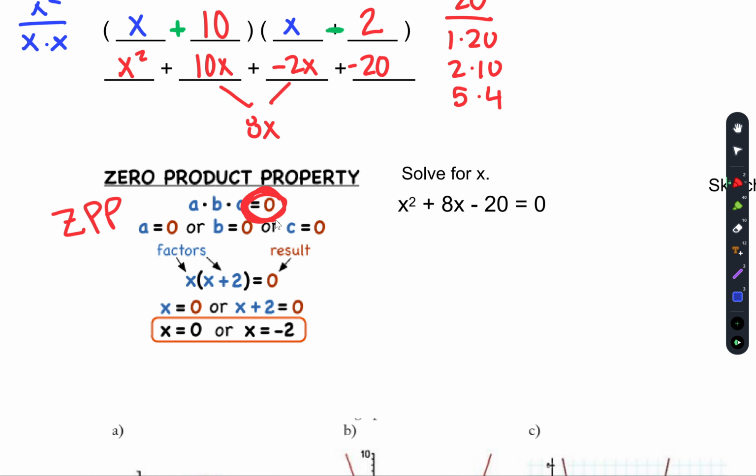Once our equation is equal to 0, then we factor it. Then we can say, well, some of those factors by the zero product property must be equal to 0. So I set each factor individually equal to 0, and I get my answers. So for example, let's use the same equation that we just did. So I know that those factors